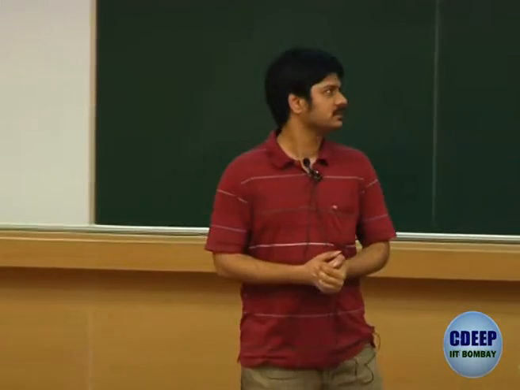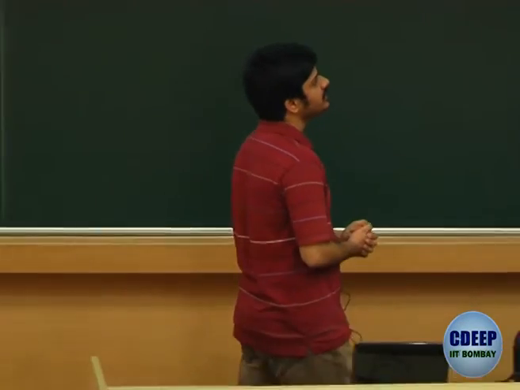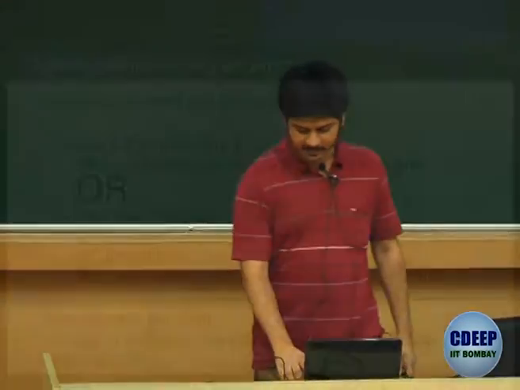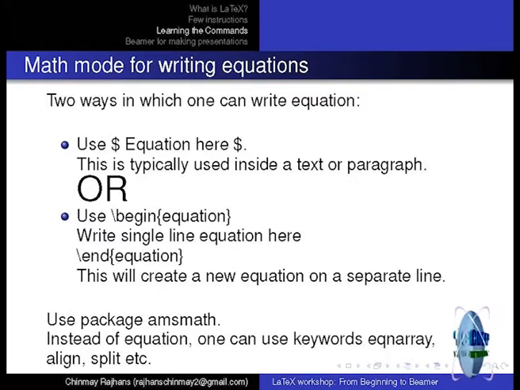Today we will get into these other things called math mode, adding figures, bibliography and beamer. Most important slide for math mode: there are two ways in which you can insert math mode. Only two ways. One is you put a US dollar sign, $2 exactly 2. If you put 3, 100 errors. Okay, so just put $2.